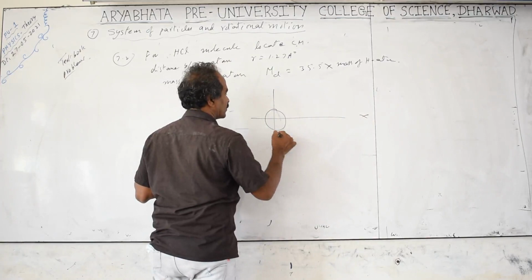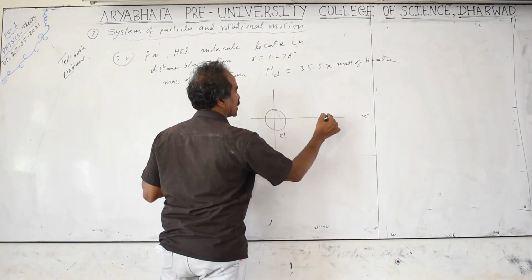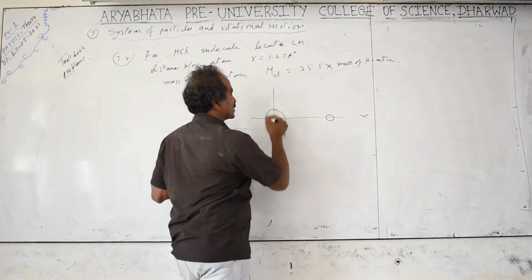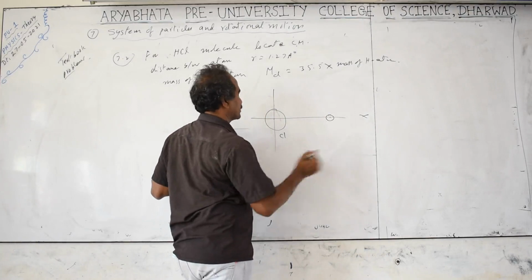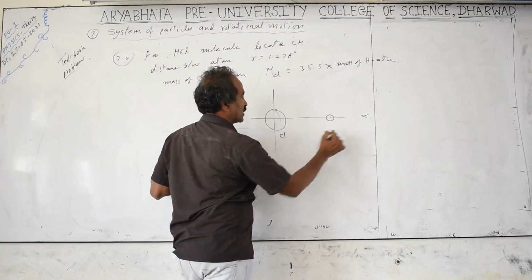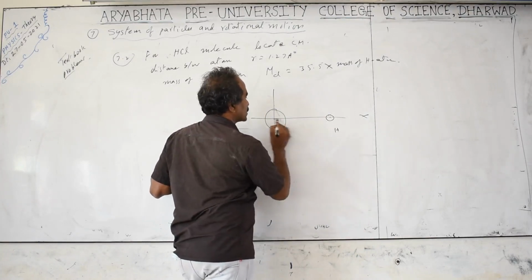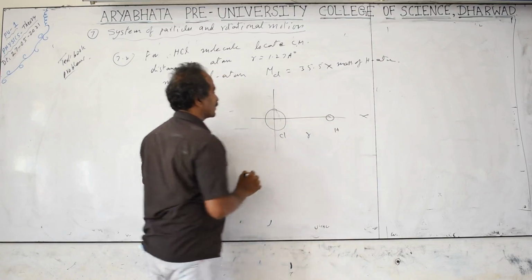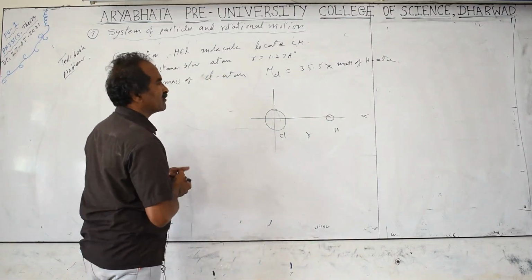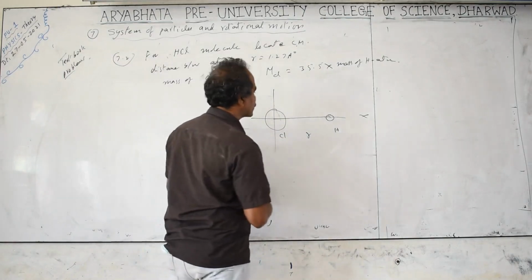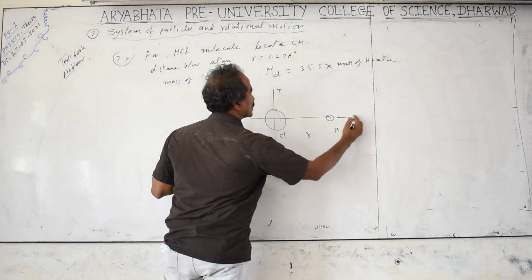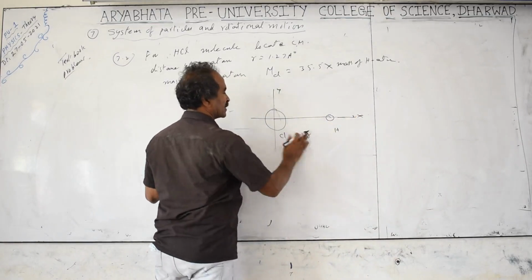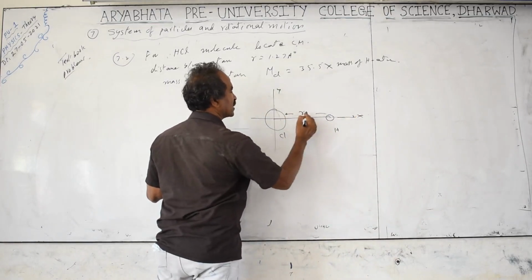I am taking, for example, the chlorine atom. Chlorine is a heavier and bigger atom than hydrogen. Hydrogen is the lightest. The mass of this atom is at the geometric center, similarly for this, at the center of the nuclei. Chlorine and this is the hydrogen atom. Separation itself is R. The center of mass formula we have is Xcm equal to m1 x1 plus m2 x2 by m1 plus m2. This is the y-axis, this is the x-axis. Separation is R. This itself becomes equal to x2.